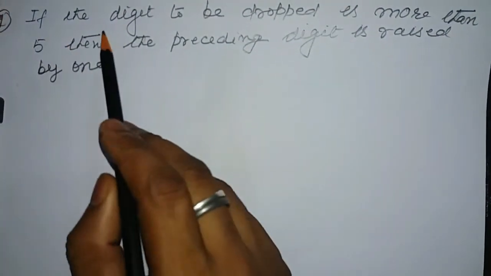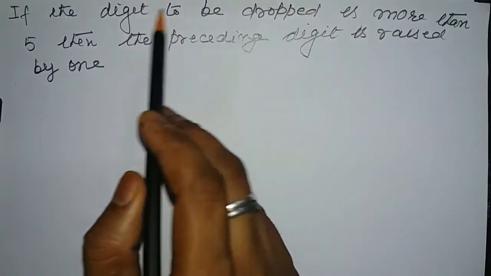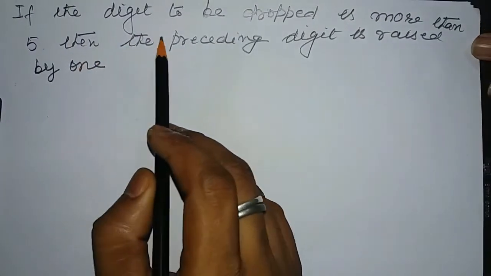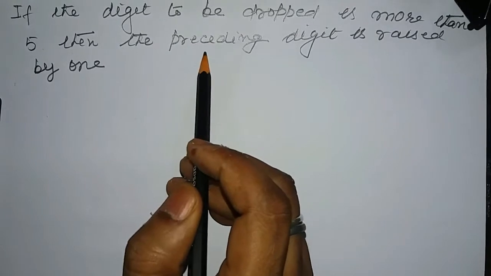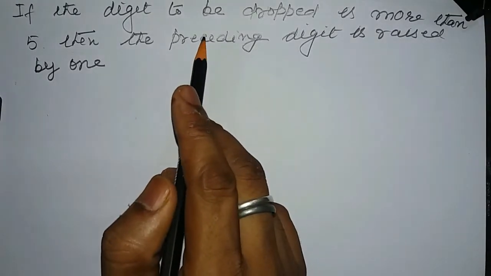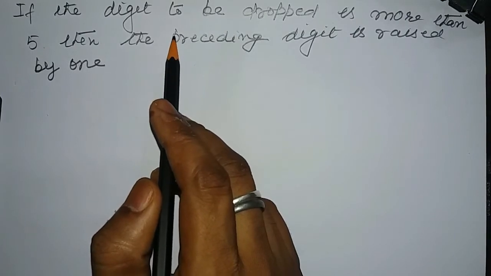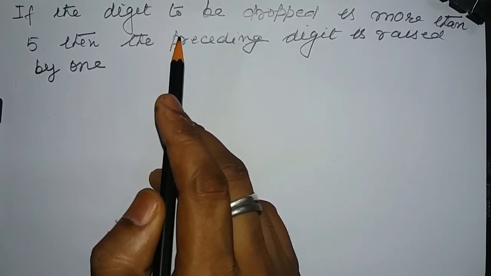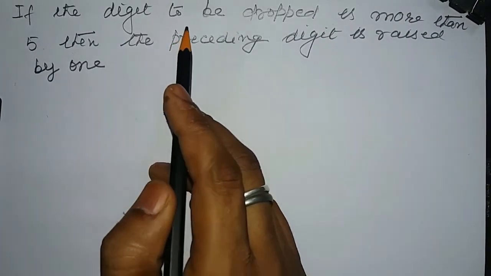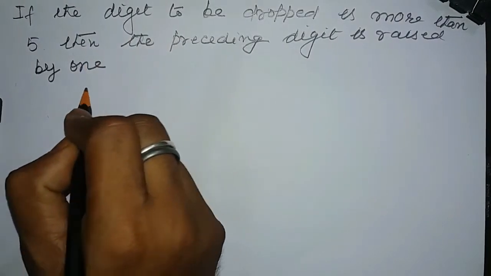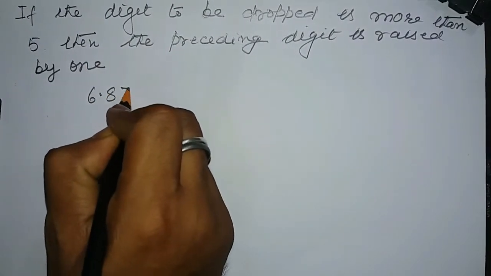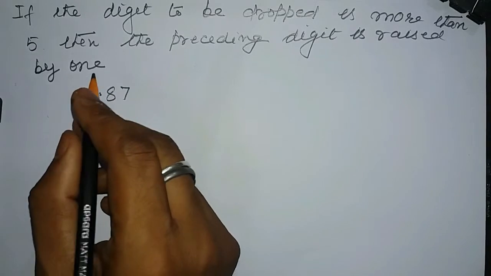The second rule is, if the digit to be dropped is more than 5, then the preceding digit is raised by 1. For example, if it is 6.87 and